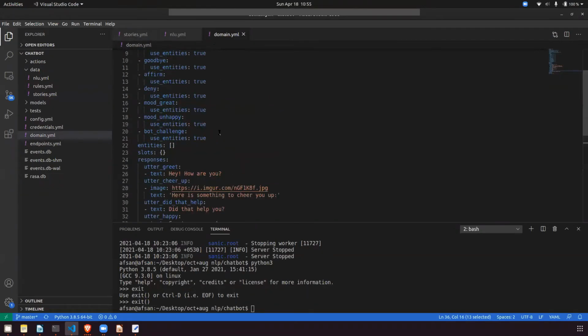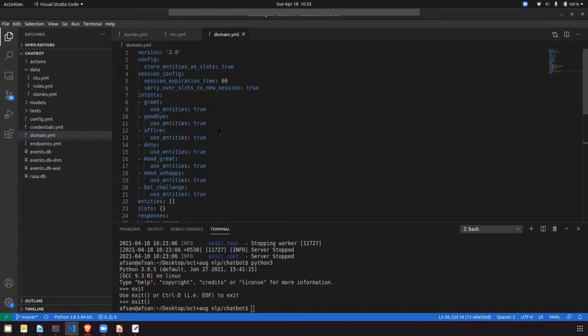Okay, so the third step is the query that you are asking: how will my bot know what utter I have to give and stuff like this. So for that, we have to work with domain.yml now. Let's go to domain.yml, okay, my domain.yml is open. So now you have to define all the intents there. Can you see an intent block? Basically we have greet, goodbye, affirm, deny, mood great, mood unhappy and stuff like this.